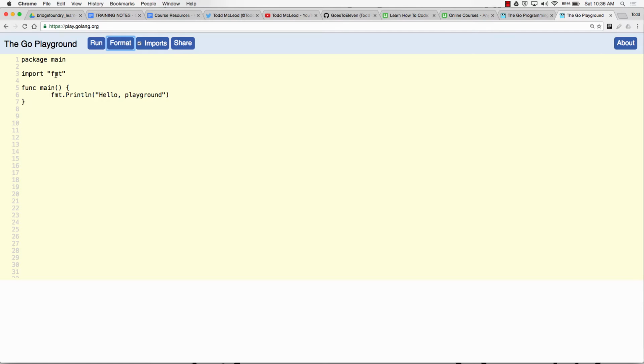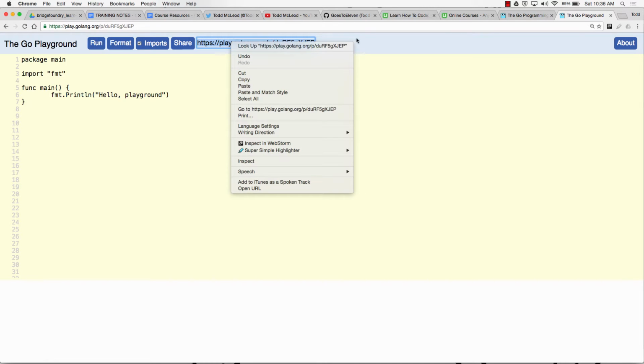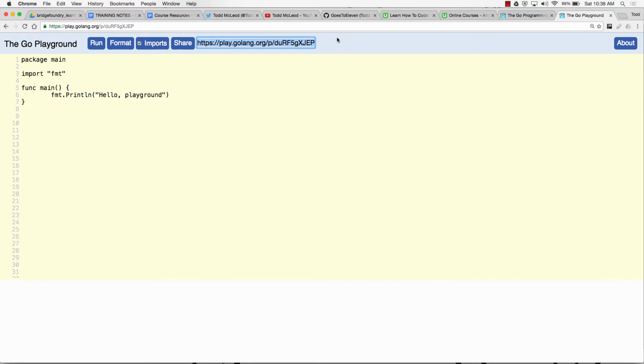And that code goes from the operating system to the net, to net/http, to building web apps and templating and the whole deal. In the next hour, I'll talk about doing web dev. So format, bring in the imports. You could share this code by getting a link, copying it, sending it to somebody. Hey, what the hell's wrong with my code? Post it up onto a forum, right?